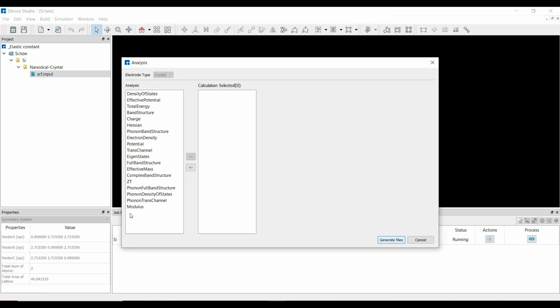And these are the analysis parameters. As per your need, you can select the parameter, and then click on Generate File. I would like to select this modulus, and here you can see this is the delta, the small displacement of the strain that is used to calculate the modulus by the difference of stress. And this is the order of modulus that defines the number of bonds used to calculate the derivative of force. And if you select this option, van der Waals interaction will be included. Then you can click on Generate File.